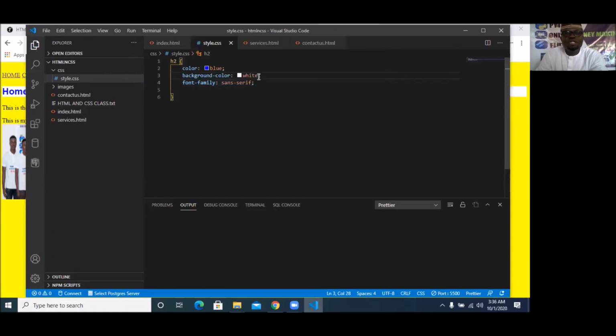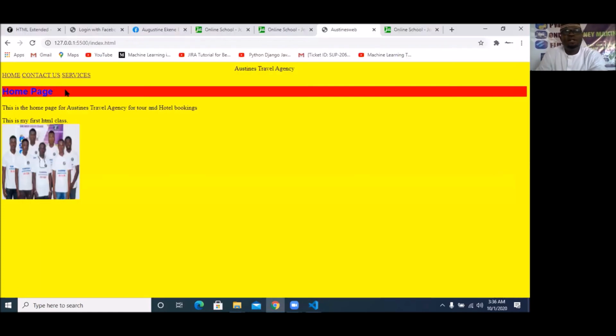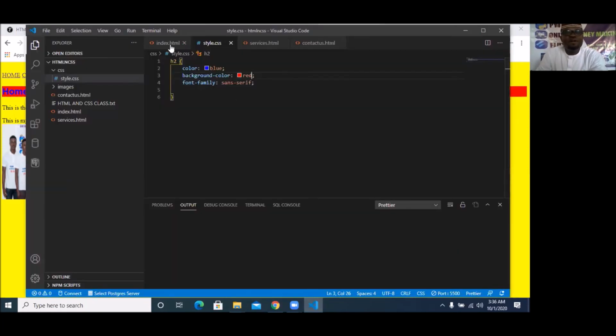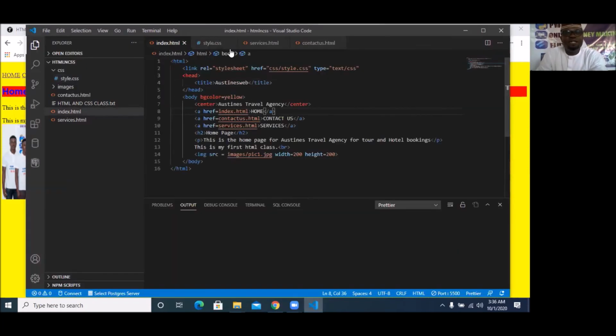So let me change this white again. What should I change it to? Let me change it to red. Then I do Ctrl S to save. So you can see now it's having background color of red, and the inner color is what? Blue for the font, and the font style is what? Sans serif. So this file index is able to see this because I reference it here using link rel equal to style sheet, href css/style.css, which is the folder inside which we have this file, and the type is what we call